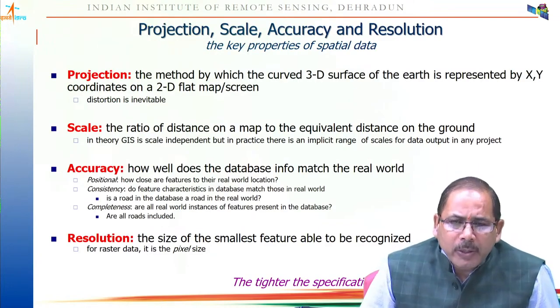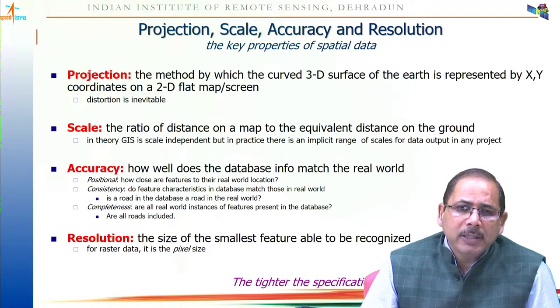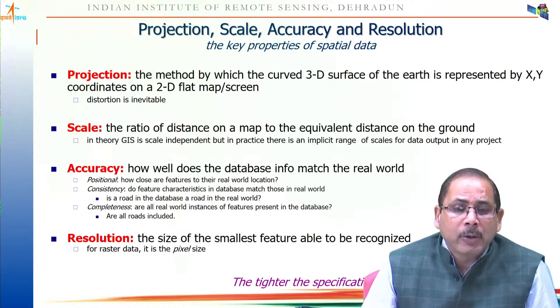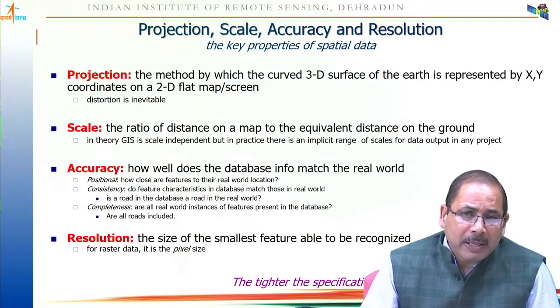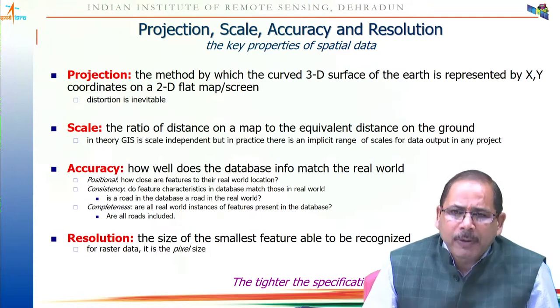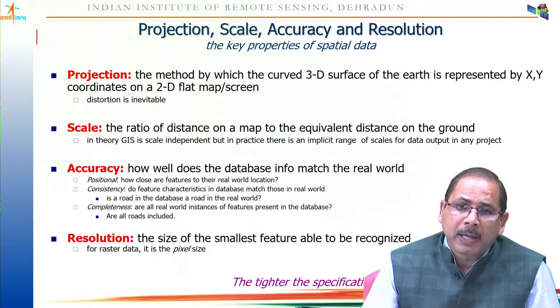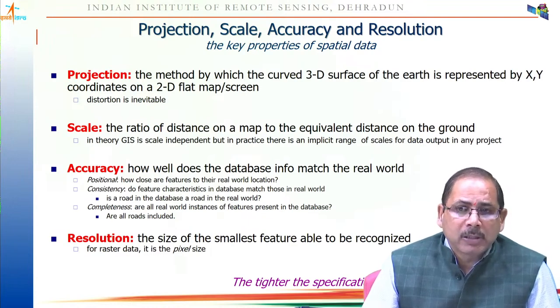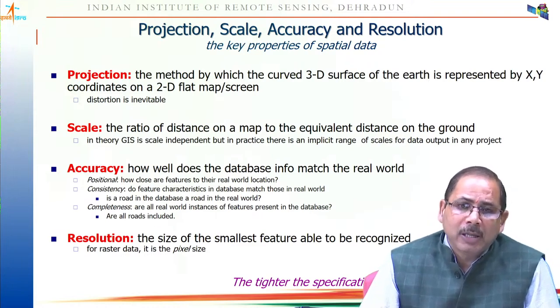Another important thing you need to understand in spatial data is projection, scale, accuracy and resolution. These are the important parameters we should keep in mind while creating, storing or managing geospatial data or geodata. Projection is a method by which the curved 3D surface of the earth is represented by x and y coordinates on a 2D flat map or screen. Here, of course, distortion is inevitable. There will be something we have to lose, because ultimately we are converting our 3D surface into a 2D